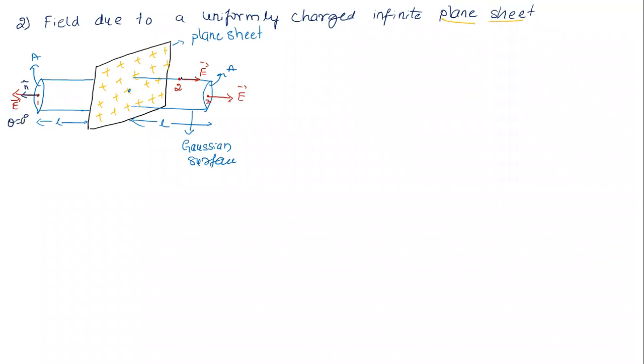0 degree. At location 2, the area vector will be above, that is perpendicular to the plane. So this is n cap. Let's say what is the angle here now? Theta equal to 90 degree. At this location, in this direction, where n cap, theta equal to how much now? 0 degree.